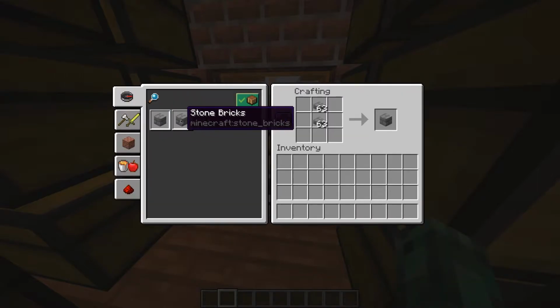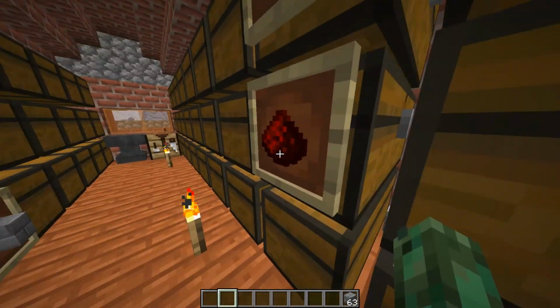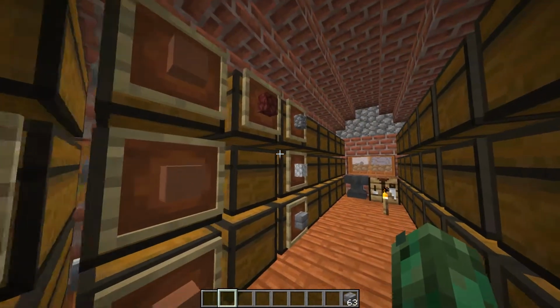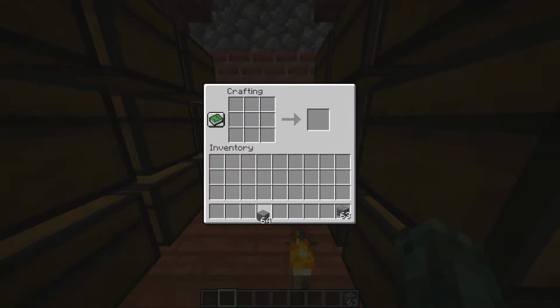Obviously you can easily... Why is there two here? I'm not entirely sure. I'll have to figure that out. Because of this, this includes normal stone as well. So this kind of stone gets put into...